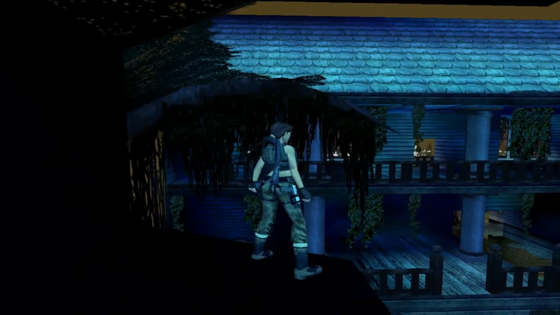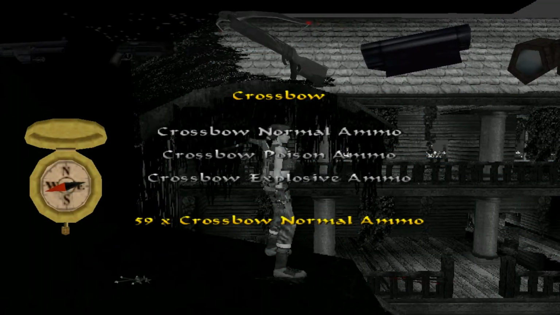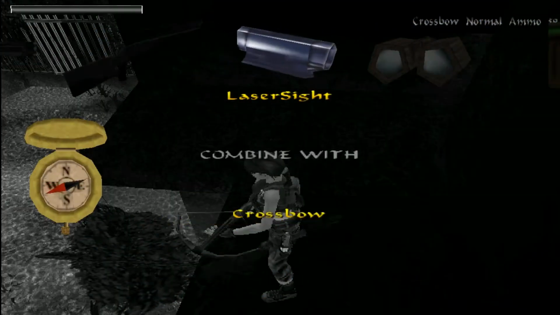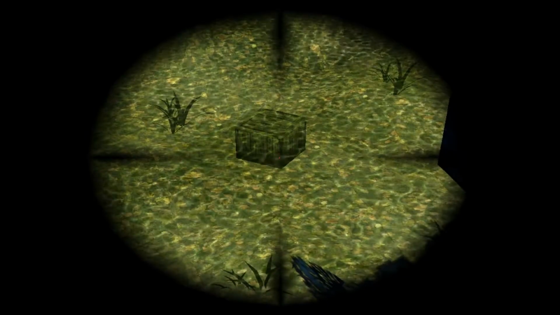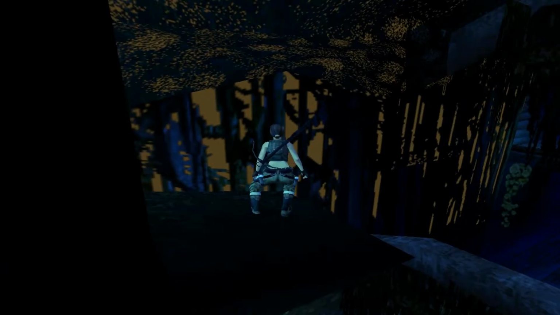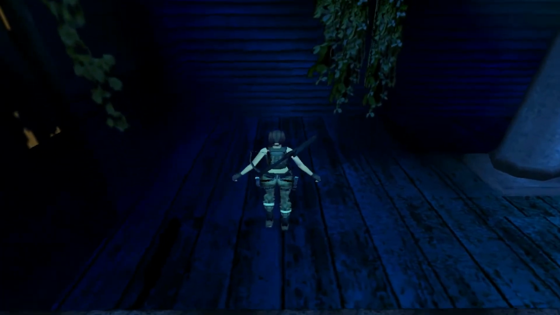Also, while I'm up here, there is a box in the water. So I am just going to go ahead and shoot that while I've got a clear point up here. We can now combine the Lasersight as well. Okay, and underneath is more arrows. So if you happen to fall in the water, the only way back out is the stairs where we parked the boat. So from here, you just want to safely drop down